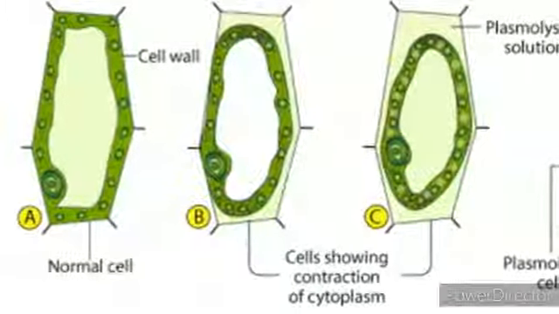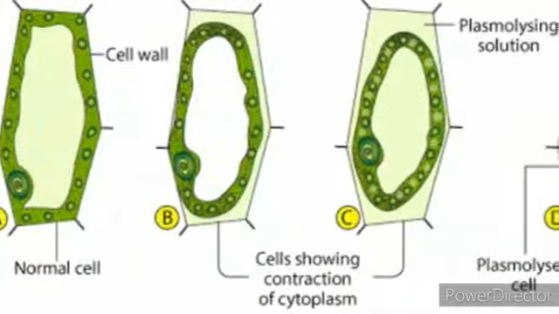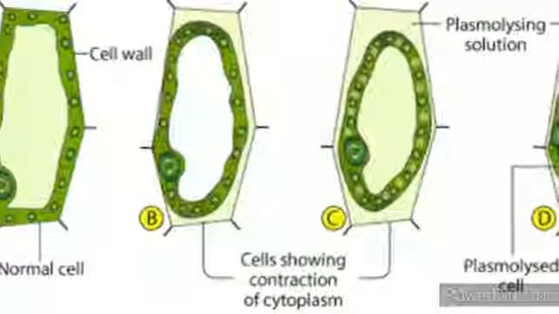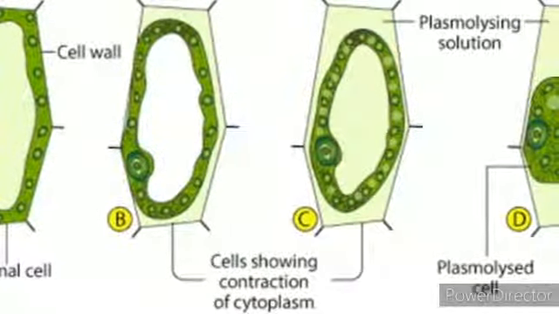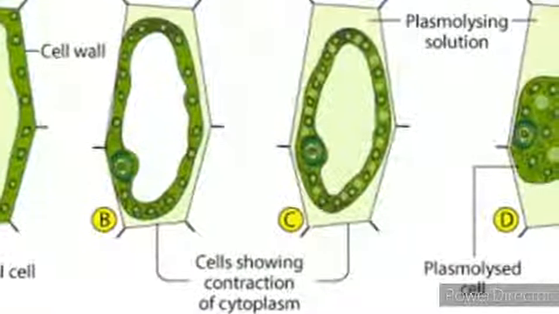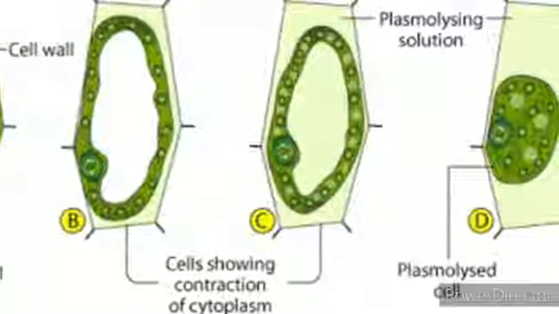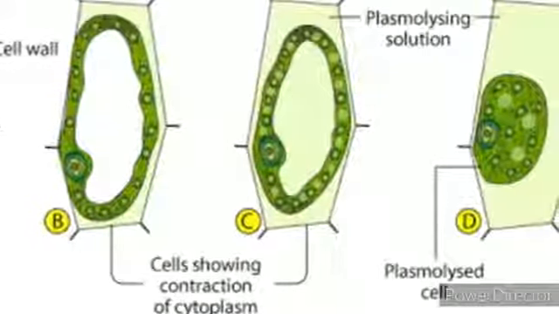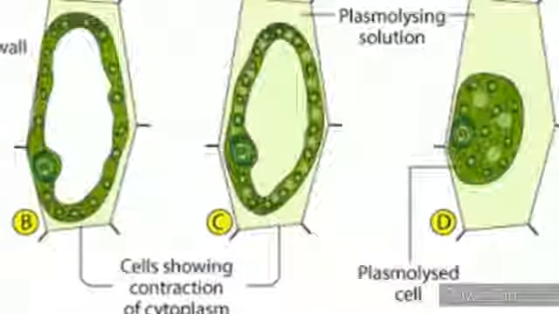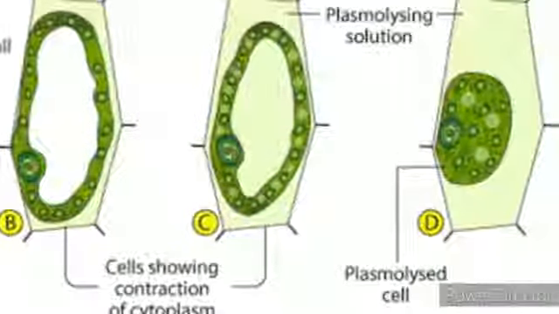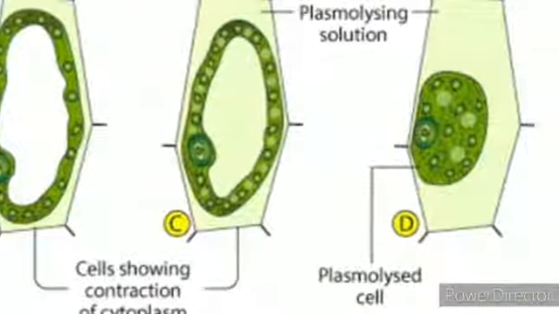Coming to plasmolysis, and how it is practically useful to us also we will come to know. The phenomenon of shrinkage of protoplasm due to osmotic diffusion of water from the cells into the surrounding environment is called plasmolysis. This occurs when the cell or, of course, the tissue is placed in a hypertonic solution, for example a salt solution. Then what happens? The water moves out. It is first lost from the cytoplasm and then from the vacuole. The salting of pickles and preserving of fish and meat in salt are good examples of practical applications of plasmolysis.